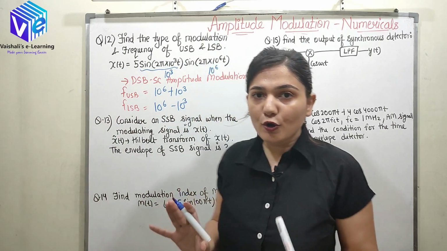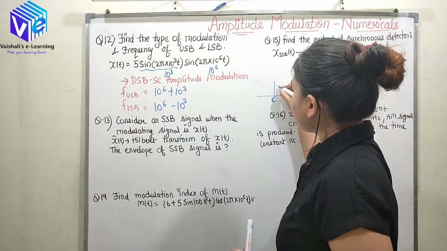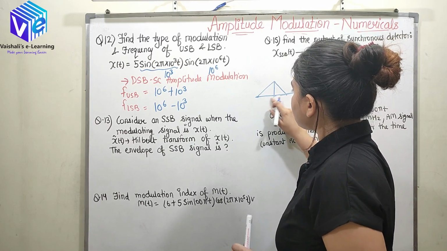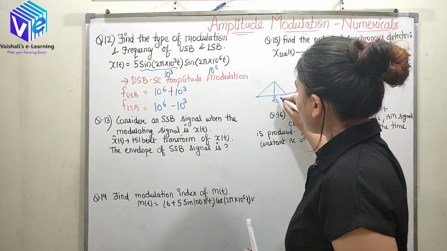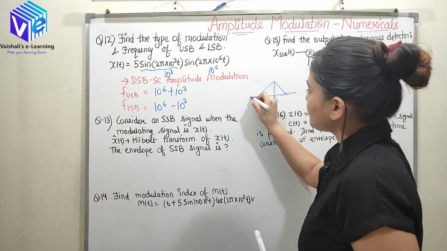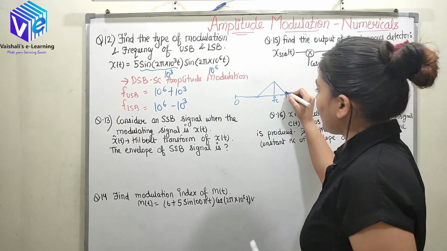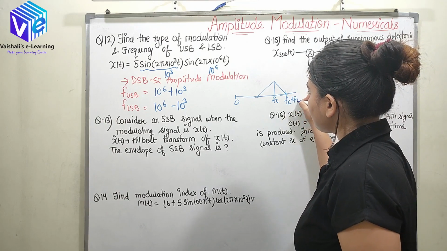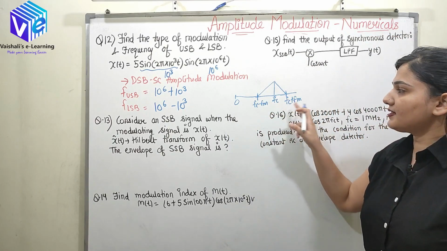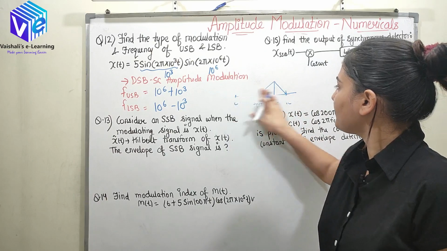I hope you remember when I had the message signal. The carrier signal is at fc. Now here at fc I have the message signal. From 0 the message is transferred to the fc signal. The highest frequency is fc plus fm and the lowest frequency is fc minus fm. This is the upper sideband frequency and this is the lower sideband frequency. I hope you remember now.